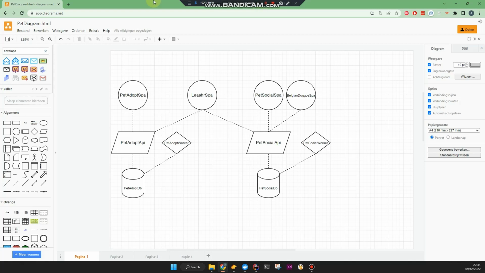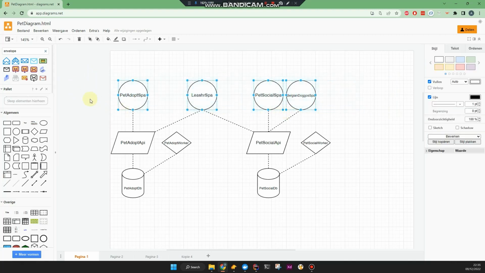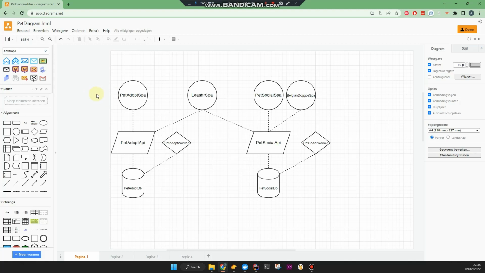This video is about authentication. More specifically, I want a user to be able to register in any of my front-end applications and log in to any of my front-end applications with the same user account, so the same credentials. For that, I quickly